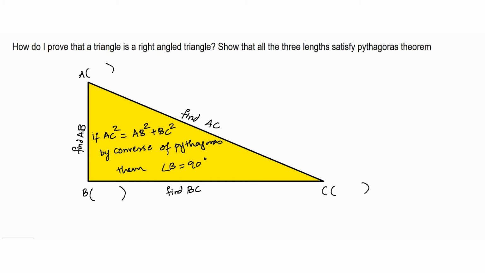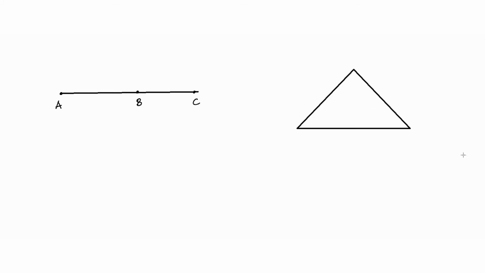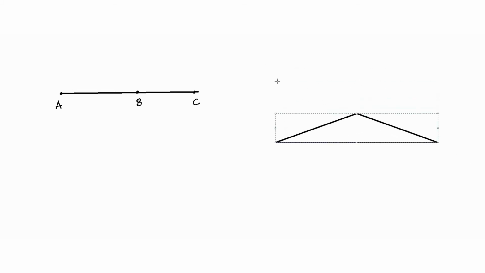So let us discuss collinearity. If I give you 3 points, there are two ways that you can place them. One way in which you can place those 3 points is in a straight line. So assume that you have placed them in the following order: A, B and C. And the other way in which you can place these 3 points is you can make a triangle out of it, right? So if the points are not in a straight line, then you will have a triangle getting formed. So this is going to be A, B and C.